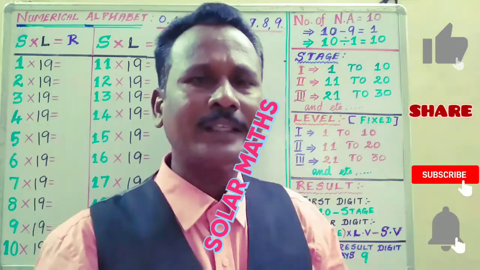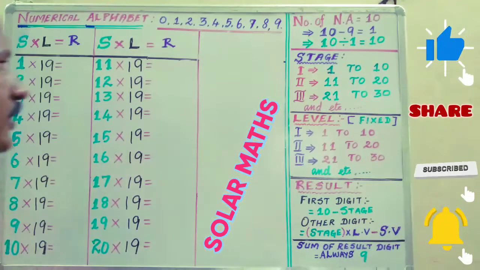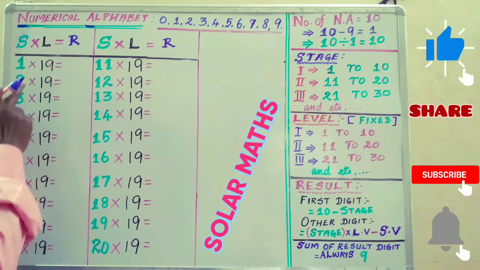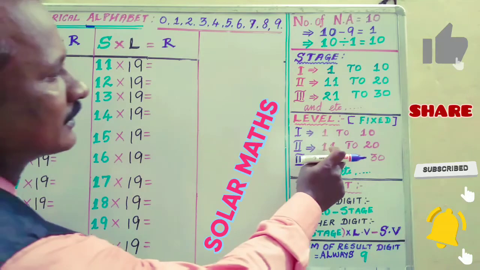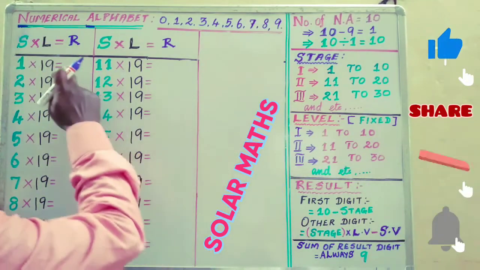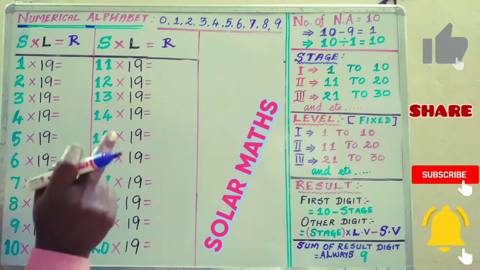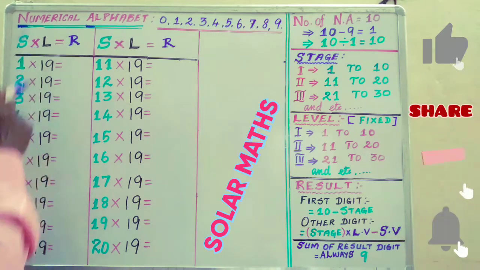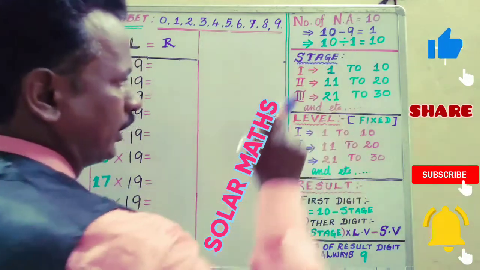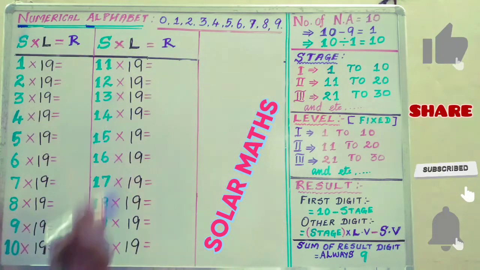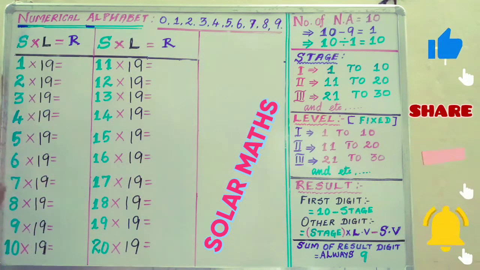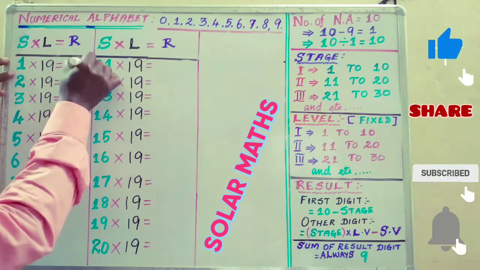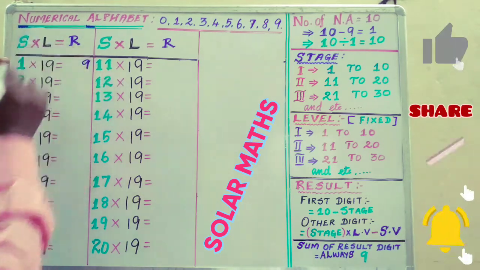Now let us apply the same procedure to the 19th table. You can see that 1/19 is how much? So first of all we know that 19 is a second level value. So we must multiply the stage into 2, and then 1 to 10 is the first stage value. So subtract 1. So now go to the multiplication table. 1/19, here 1. So 10 minus 1 is 9, the result value of the first digit.